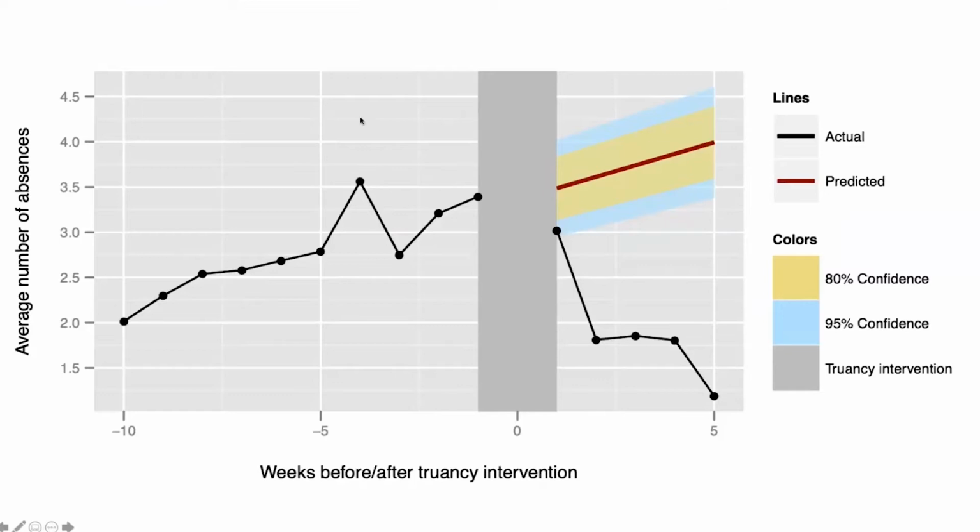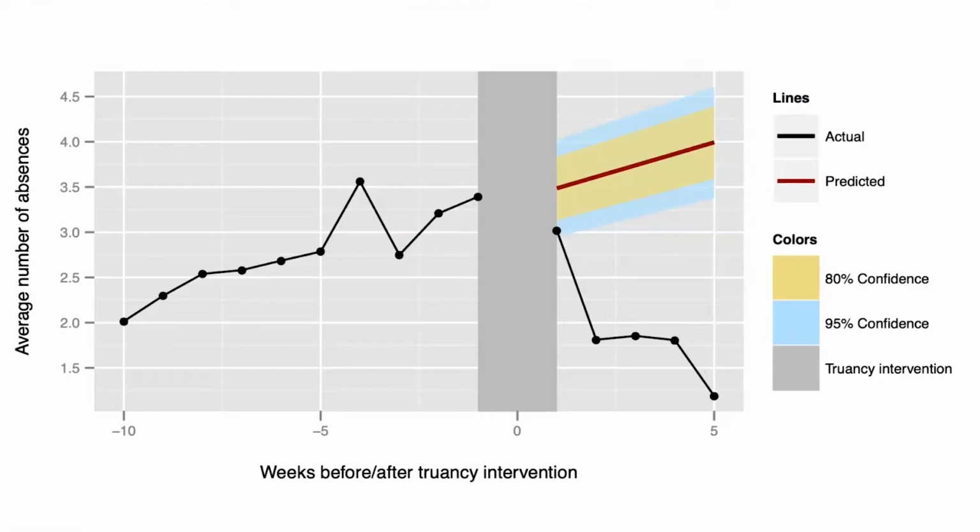And using fancy stats tools, we estimated what would have happened had the program not occurred. The difference between this predicted absence line and the actual absences is the effect of the program. We were able to convince state funders to give this program more money because it had a causal impact. So this does have real life consequences. The issue here, though, is at the beginning,